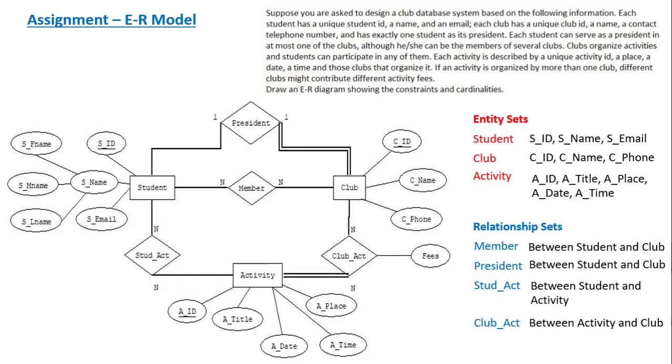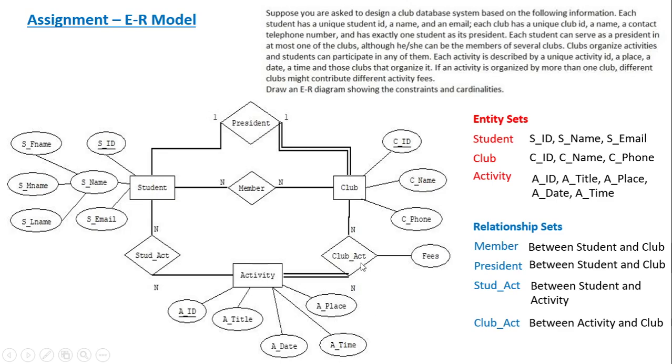So we have our ER model with us, wherein we have the entity sets student, club and activity, and the relationships like member between student and club, president once again between student and club, the relationship set student activity, stud act, between student and activity, and one more many to many relationship, club activity, between the club entity set and the activity entity set.